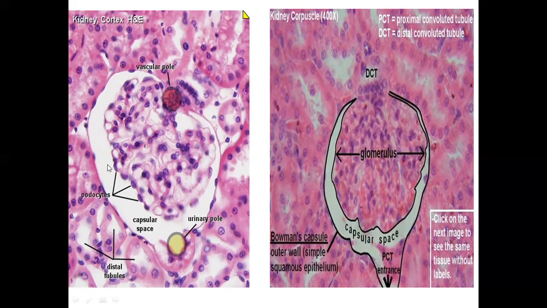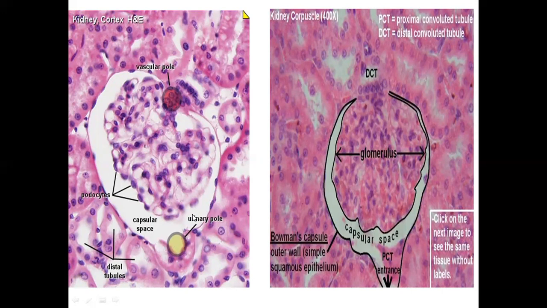And then here they have labeled the podocytes, the visceral layer of the Bowman capsule. Then we have the capsular space, and then the simple squamous epithelium lining the outside of the Bowman capsule is the parietal layer. And here the urinary pole is also evident, and we have some part of the proximal convoluted tubule